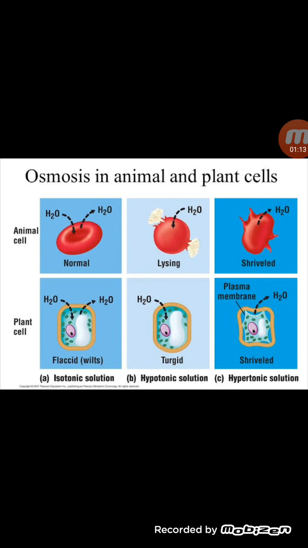Then what happens if we place animal cell and plant cell in the three different types of solutions? So in case of animal cell and plant cell, if we place them in the isotonic solution, means concentration outside and inside the cell is same. So what will happen? No net movement of water will take place, and the cells will remain in their